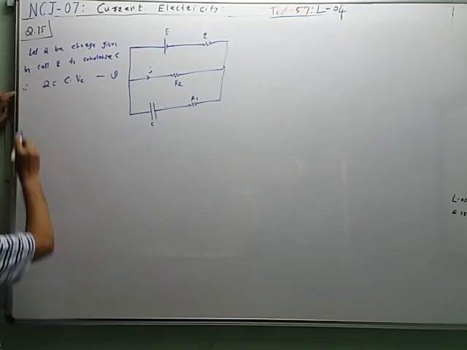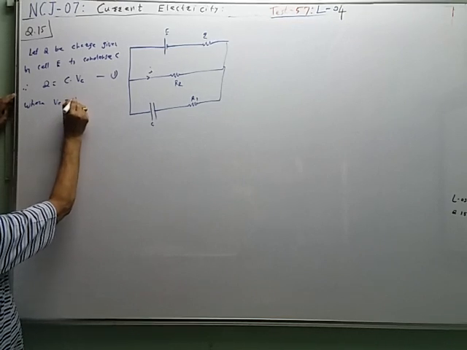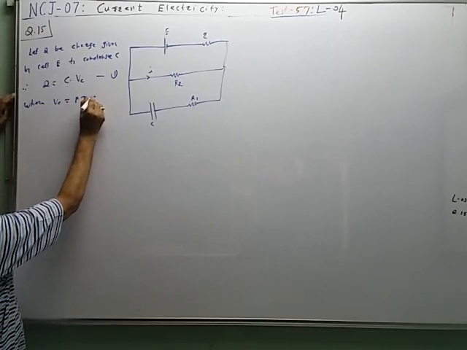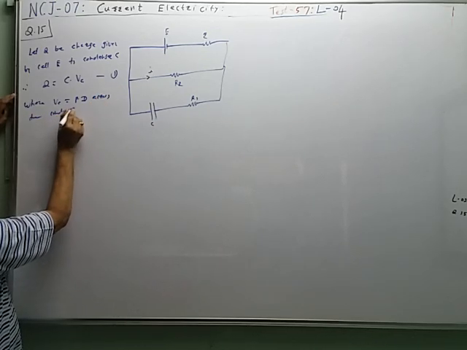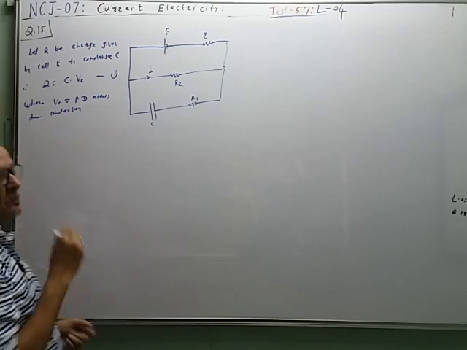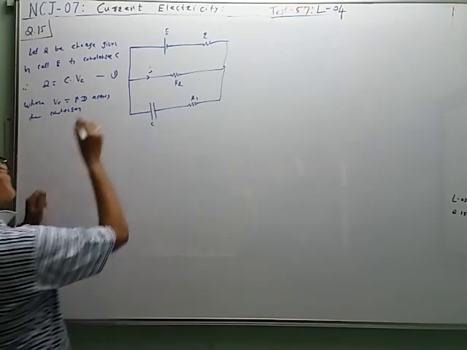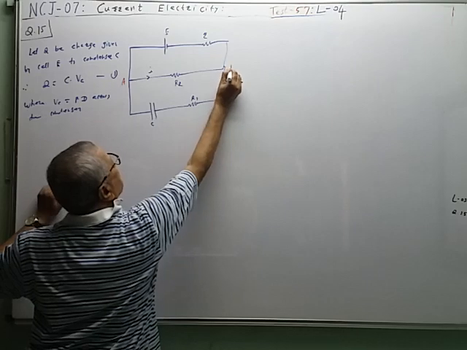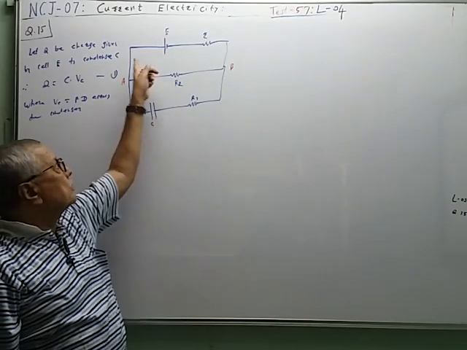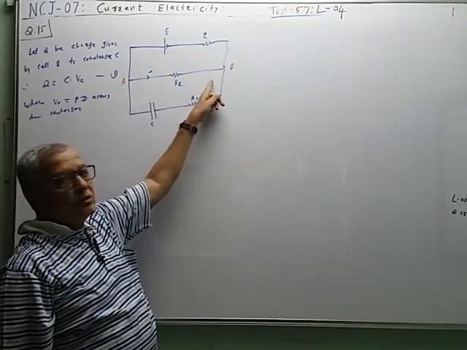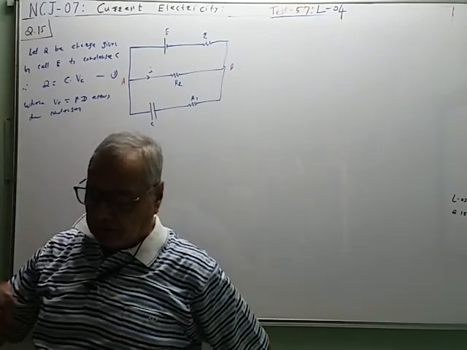So we have to find Vc, where Vc is equal to potential difference across the condenser. Now I will add here the 2 points A and B. Now between point A and B, all the 3 branches are in parallel. So potential difference across this branch, this branch, and this branch are equal, like this.